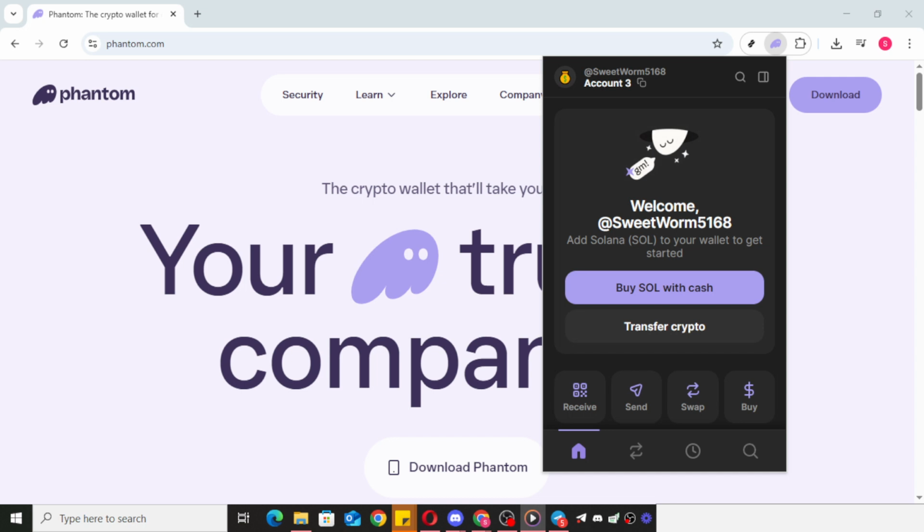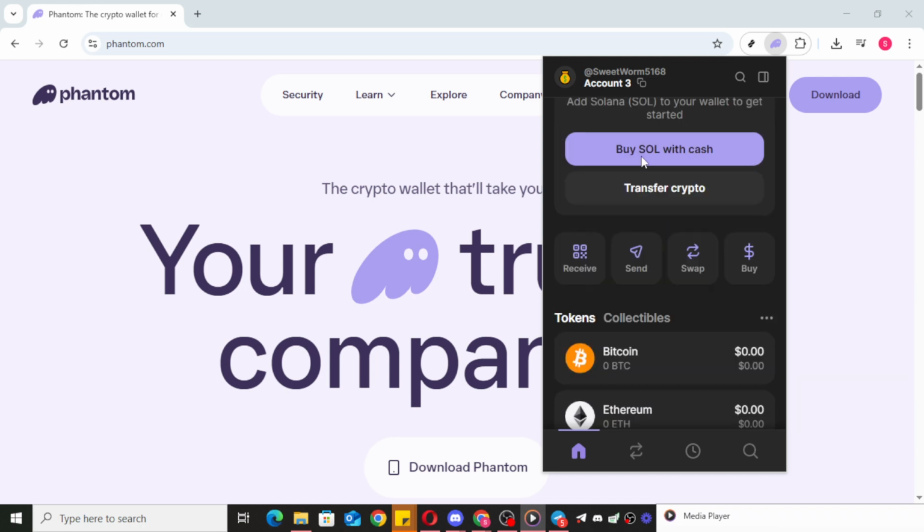First, if you haven't already, the first thing you'll want to do is open the Phantom wallet application on your device. This is your entry point to accessing your cryptocurrency holdings and managing them effectively. Once you've opened the app, ensure that you are logged into your account. This is a crucial step because if you're not logged in, you won't be able to see or manage your